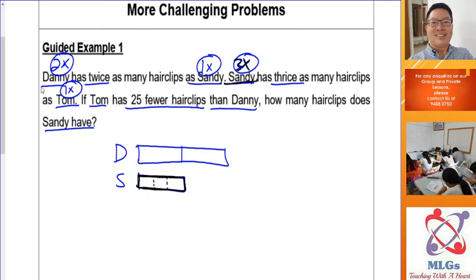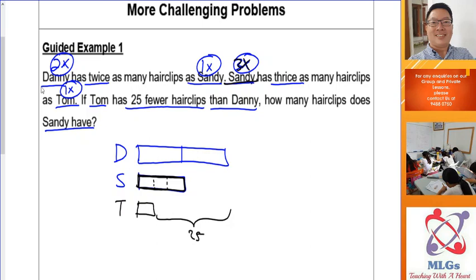Okay? And then Tom has only one time. So Tom will have one time, one smaller box. That's how you make use of dotted lines, which is another guideline to model drawing, right? When you want to cut boxes into even smaller boxes, you use dotted lines. Alright, then continue reading. If Tom has 25 fewer than Danny, so Tom has 25 fewer, and that is like